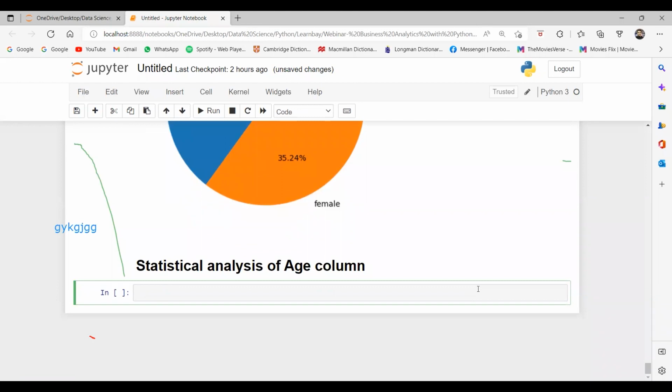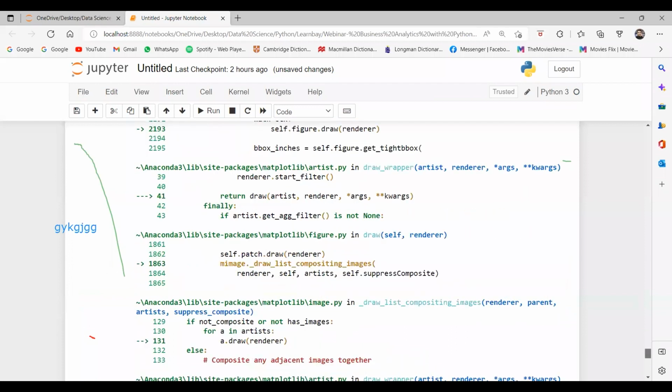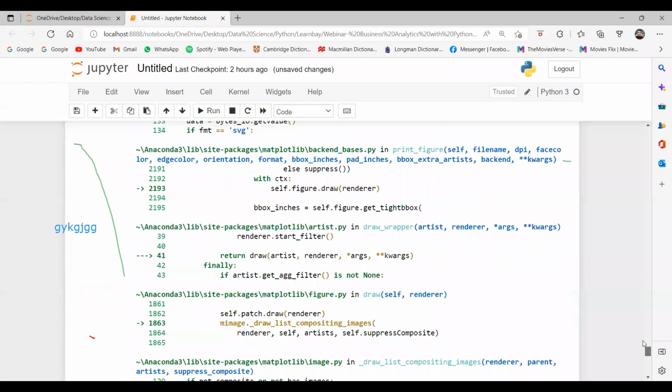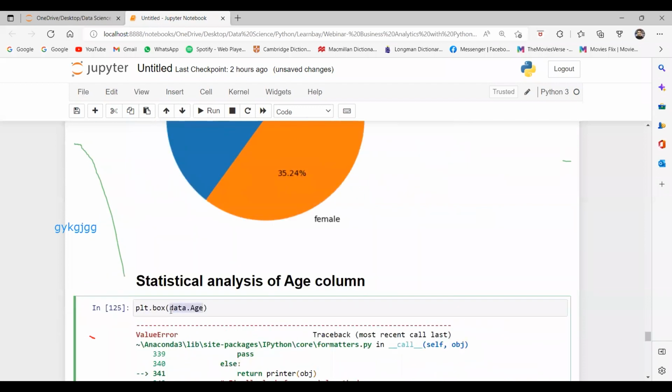For statistical analysis, we can use plt.boxplot, that is boxplot, and here we can say data.age.